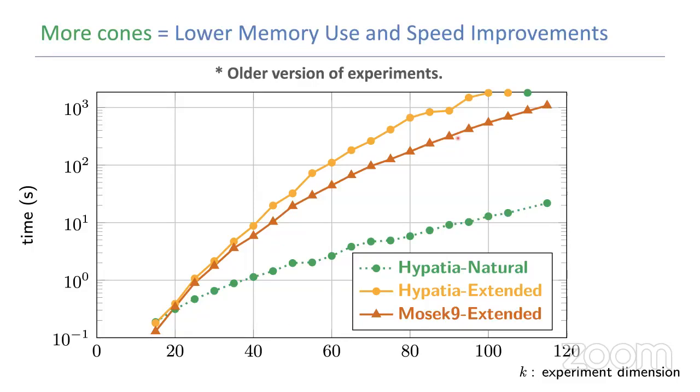I was quite pleased that Hypatia could get this close to MOSEK on the same problems, because MOSEK is extremely advanced and has a lot of improvements that Hypatia doesn't have. So we got close. Of course, we couldn't win, but if we could solve a much smaller problem, now we had an advantage, and we could do a lot better in speed than MOSEK. In fact, if we keep going, in other problems as well, at some point MOSEK will run out of memory, and Hypatia can keep going and solving more problems. Again, this is primarily thanks to the reduction in size.